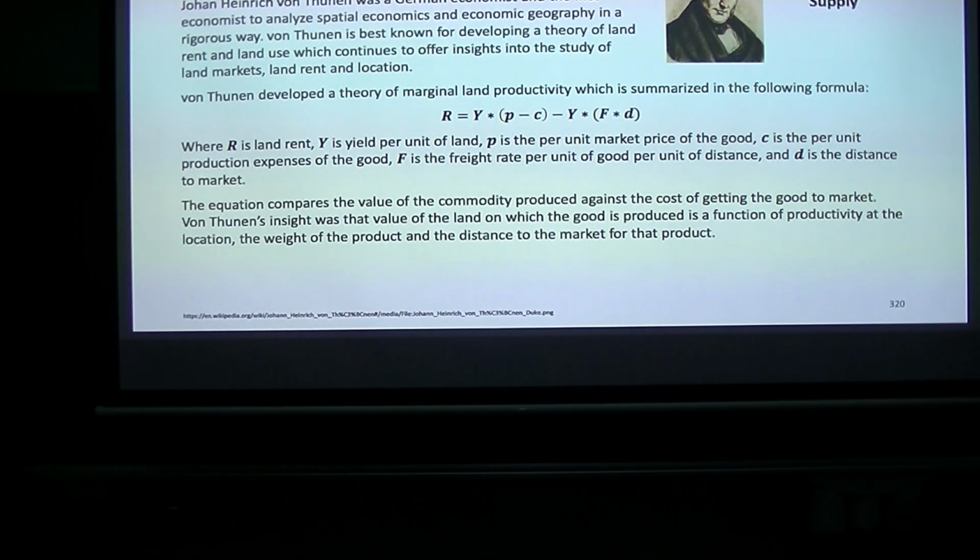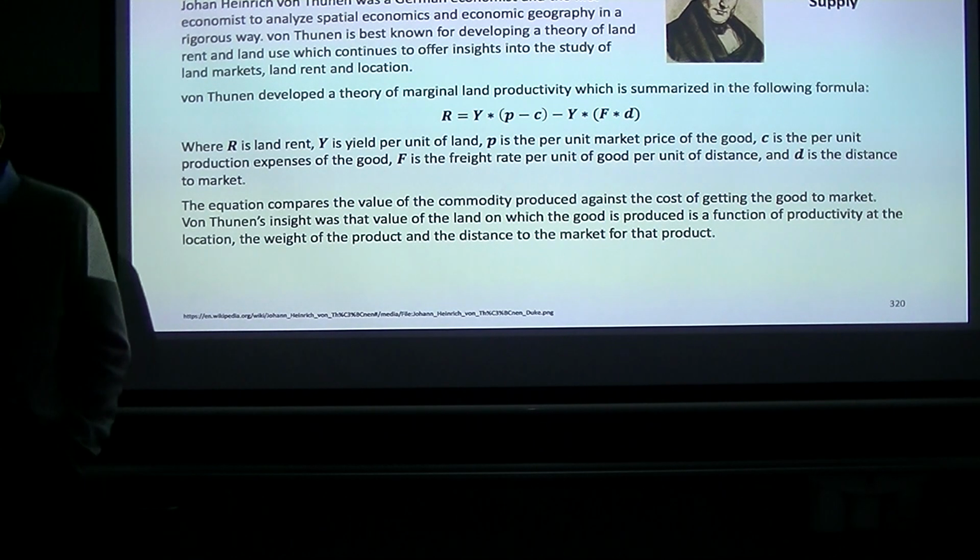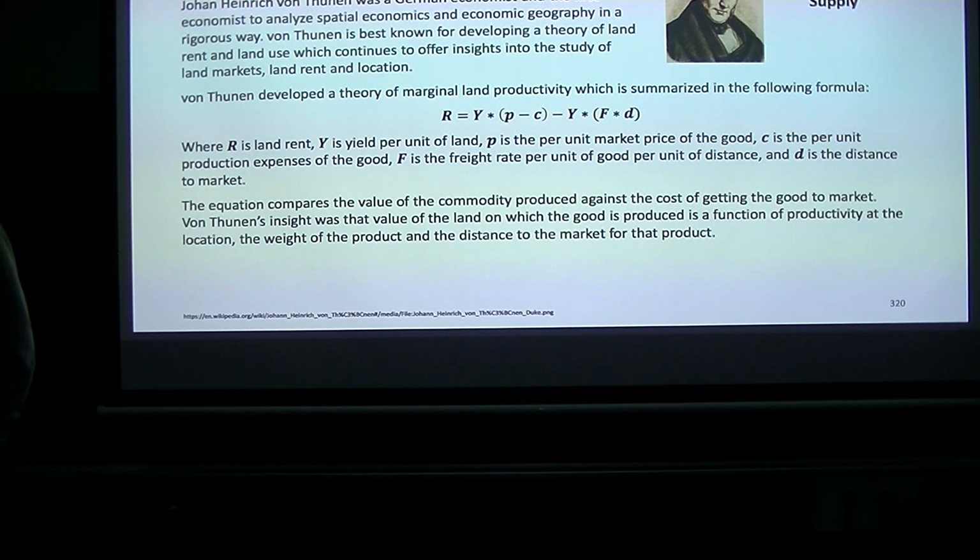Now I want to use here a very important model in spatial economics. It was done by an early 19th century German economist named von Thünen. This is a very famous model. And what he did was he looked around at the urban environment in Germany, and he noticed how the land uses